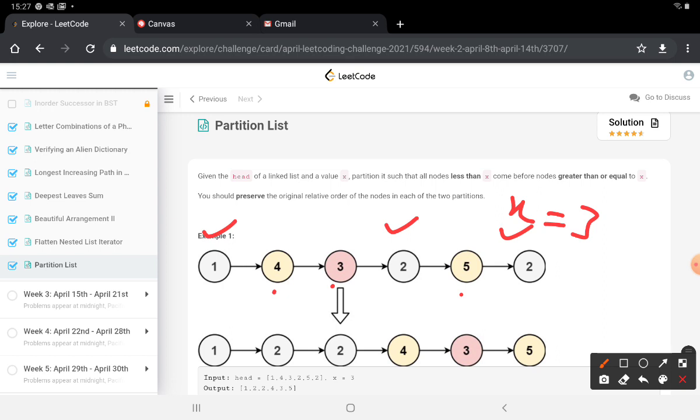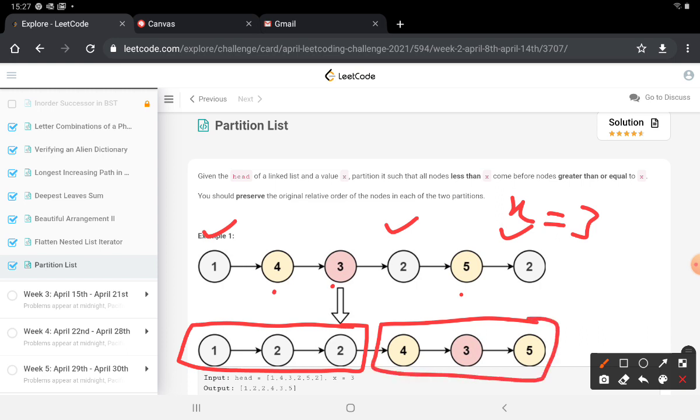So this 1, 2 and 2 come in the beginning of the list, followed by the larger or equal values. And one thing to note over here is that the order of nodes in the linked list is retained. So 1, 2, 2 as it is in the original list, the same order is retained over here. Similarly 4, 3 and 5, this is also retained. So how can we go about solving this? Let's take a look at an approach for doing this.